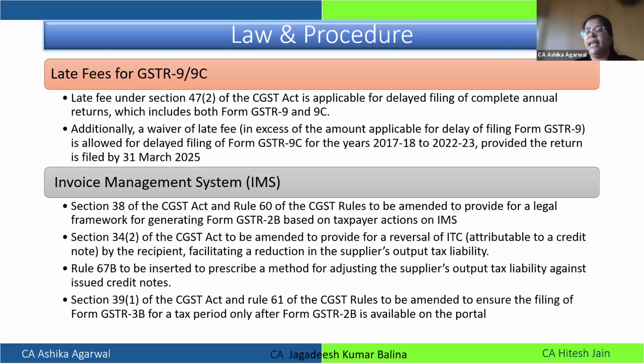Now, this late fee for 9C, we have earlier seen multiple amnesty schemes they have given. Earlier they said if you file within this date, 10,000 late fee and all will be applicable. But the issue which was arising is when 9 and 9C both were applicable. Maybe a case where 9 has been filed within due date, 9C has been filed after due date. So will late fee be applicable? Because if we read earlier, there were two separate sections. There was a case of self-certification. So there were section 35 and 44, which were separately dealing with this.